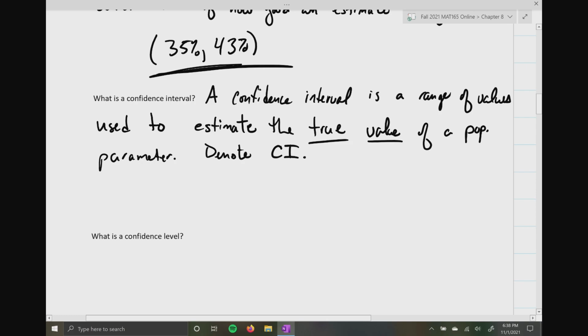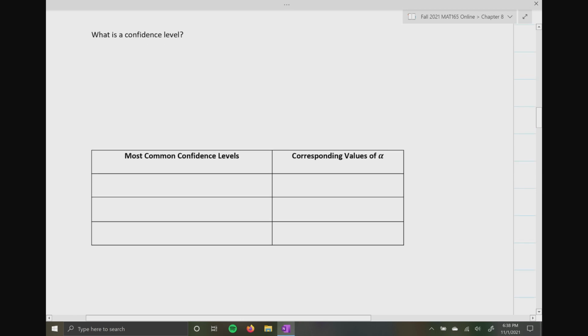But we do have to be careful about creating a confidence interval because, like I said earlier up above, where you see the 35% to 43%, all right? I want to be confident, but it allows me some error that I was just talking about, and we call that a confidence level, okay? So what is a confidence level? Well, the confidence level